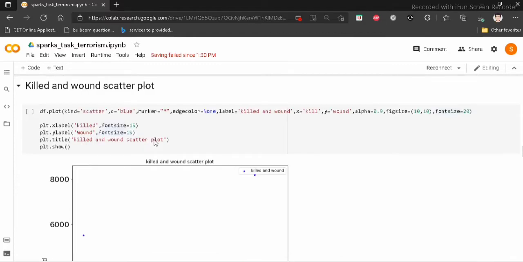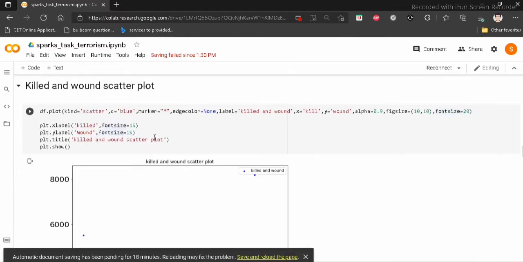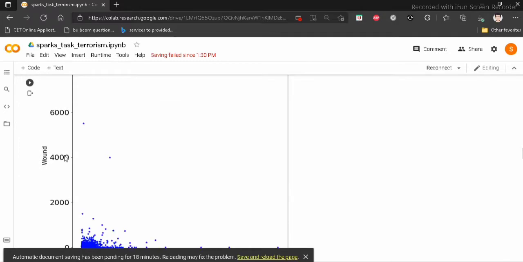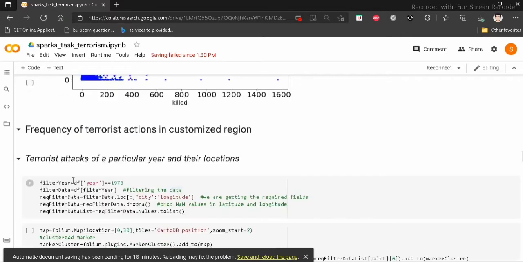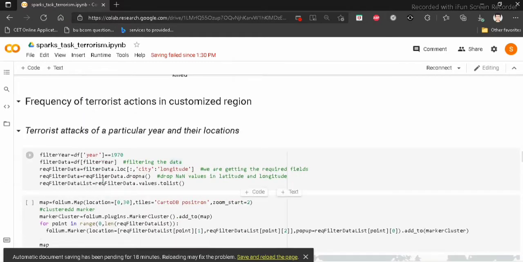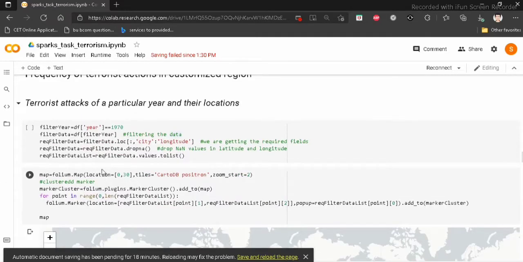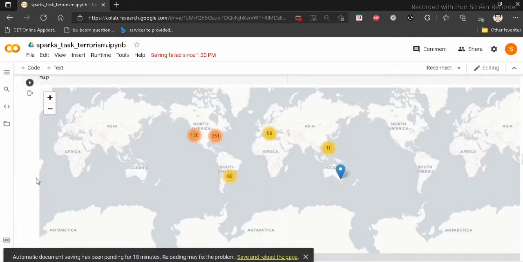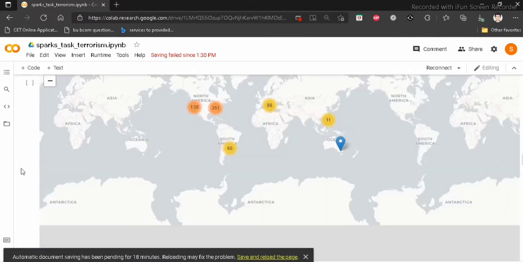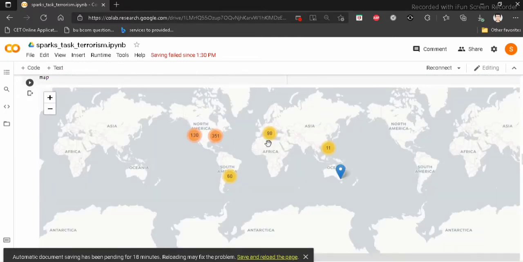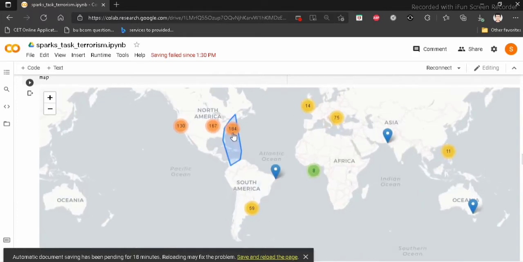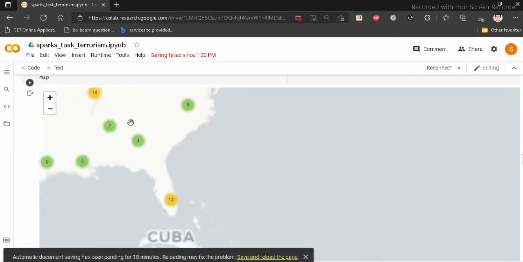Next graph depicts the killed and wounded scatter plot. The y-axis is representing the wounded and the x-axis is representing the killed people. Next graph is the terrorist attacks of a particular year and their location. I have made this map using Folium, where we can see this nice geographical map, and we can actually see if there were some